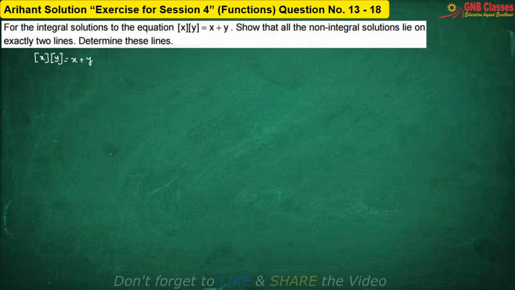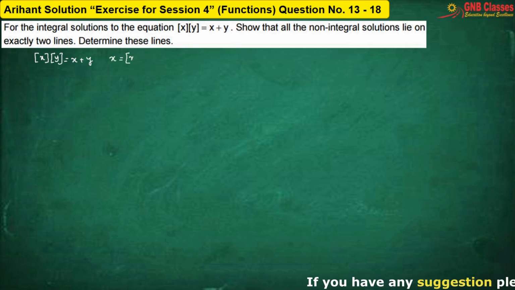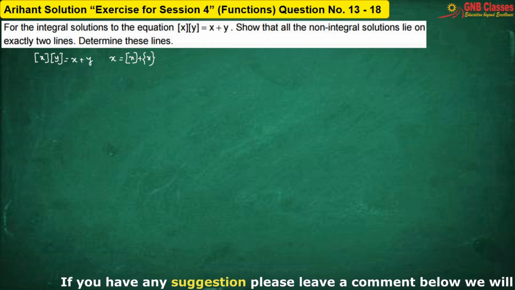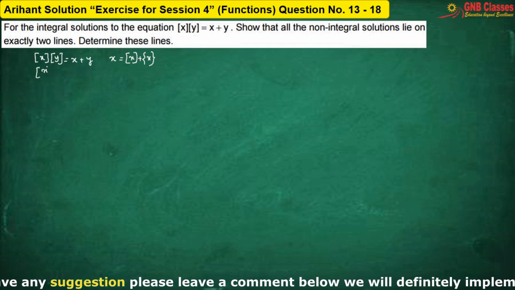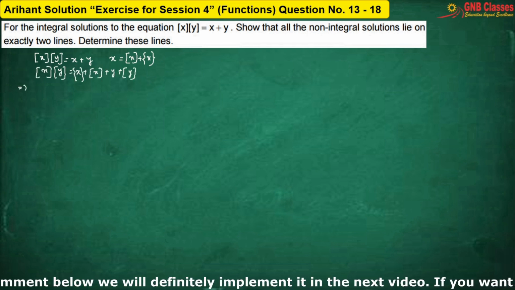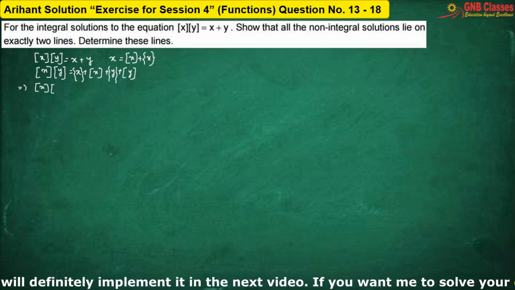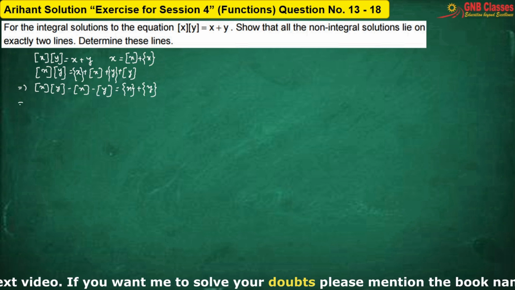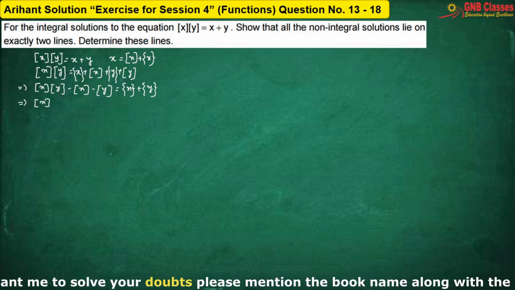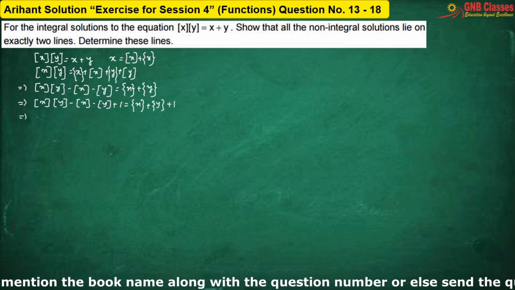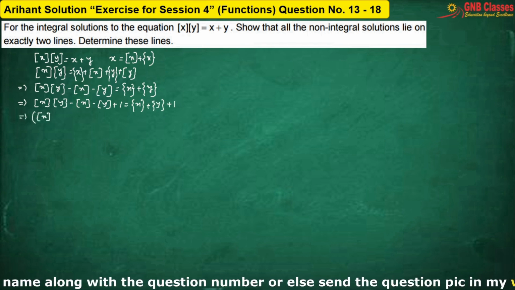First we find the integral solution for this equation. We know that x can always be written as the floor of x plus the fractional part of x. Therefore, now let me add 1 on both sides. The left-hand side can be factorized as,